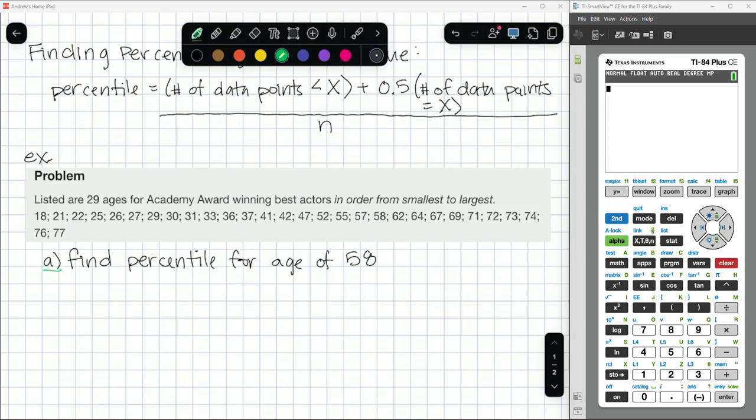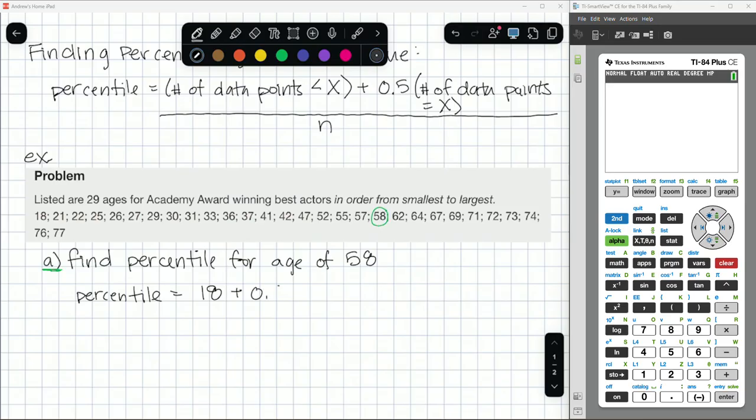I'll color code. I'll do this first one in green. So I'm going to go through the list and figure out where 58 is. Here is 58. For my percentile, I'm going to count the number of data values less than 58. 1, 2, 3, 4, 5, 6, 7, 8, 9, 10, 11, 12, 13, 14, 15, 16, 17, 18. So there are 18 data points less than 58,